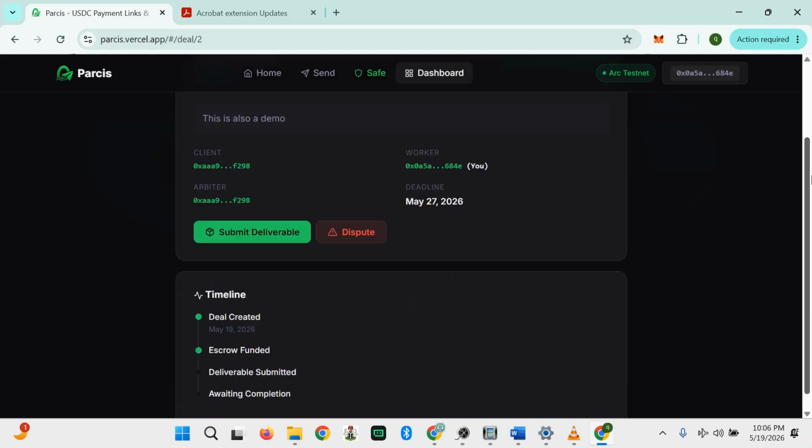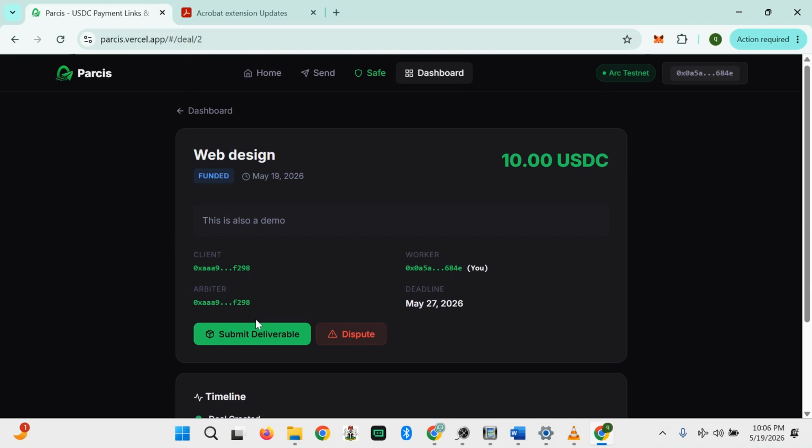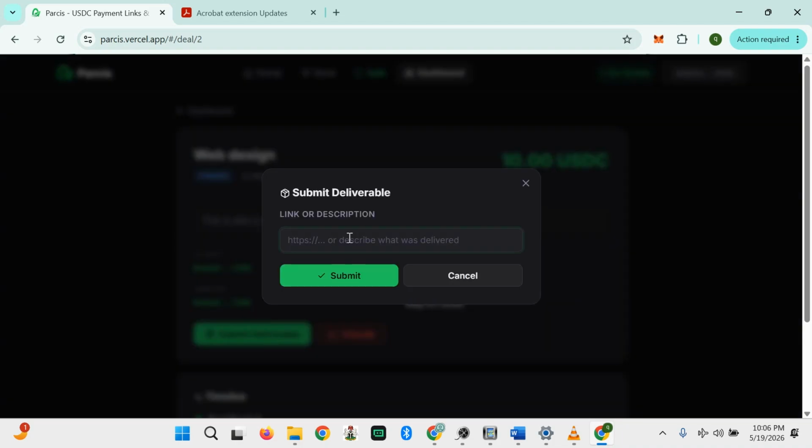I use this account as a worker. This is my worker's address, and it indicates that this is me. Let's say I've finished the job, so I need to submit the deliverable. It could be a website or a Figma design, so I can easily submit the link. Let's submit this link as a design demonstration.